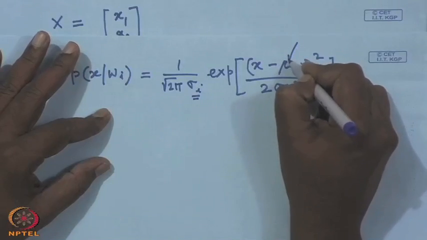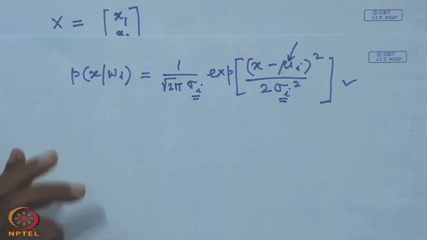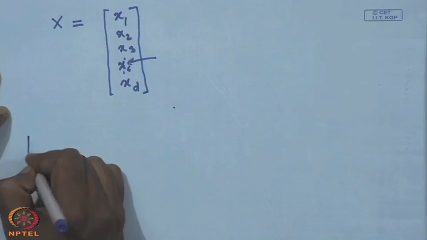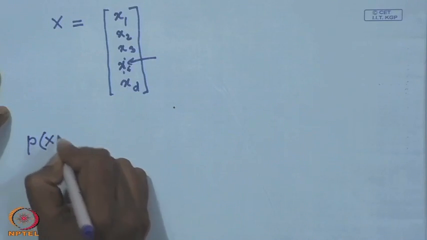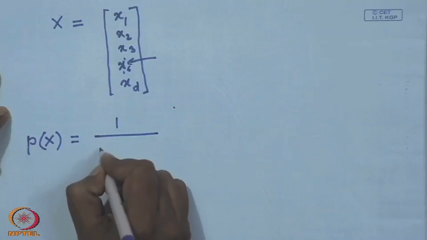Similarly, this mu i, instead of being a scalar value, will now be a vector value, because it has to capture what is the mean of component x 1, what is the mean of component x 2, what is the mean of component x 3 and so on. So, this mu i will again be a vector, which is the mean vector of the samples taken from class omega i. As a result, the probability density function for a vector will simply be p of x is equal to 1 upon